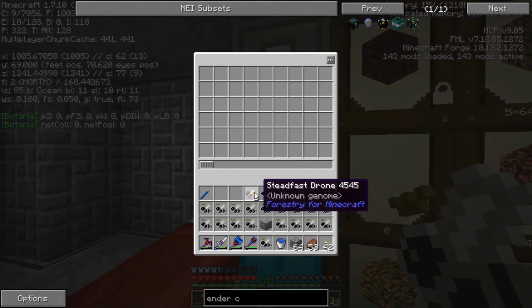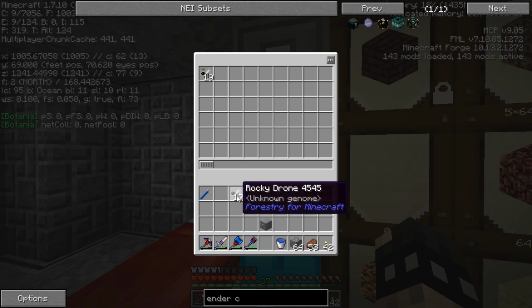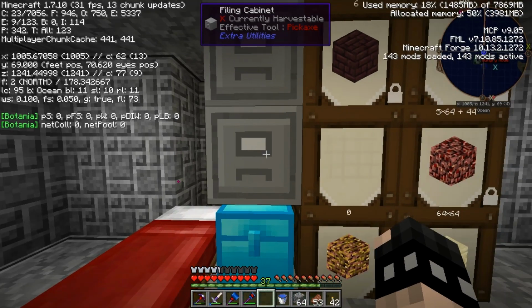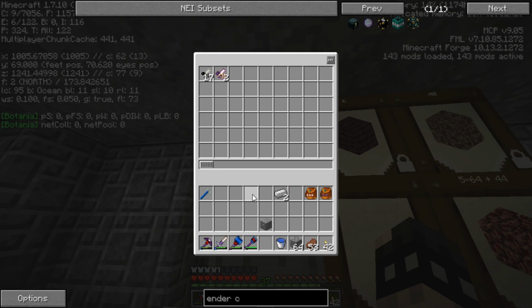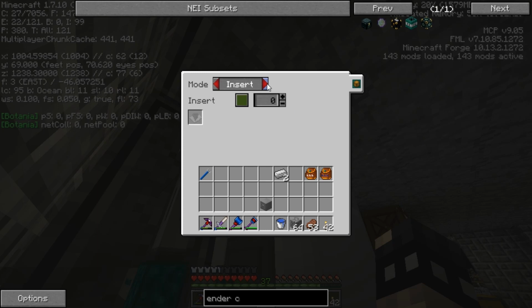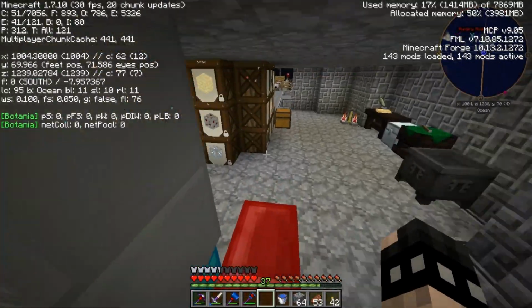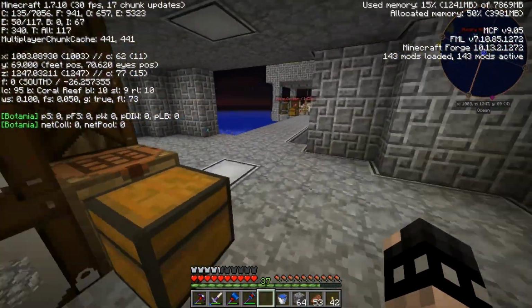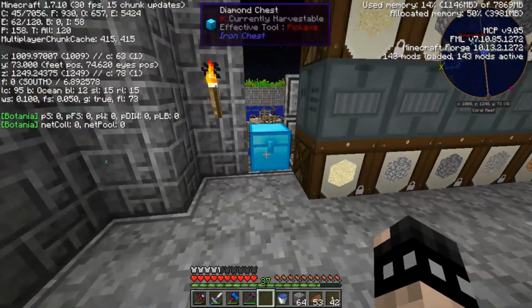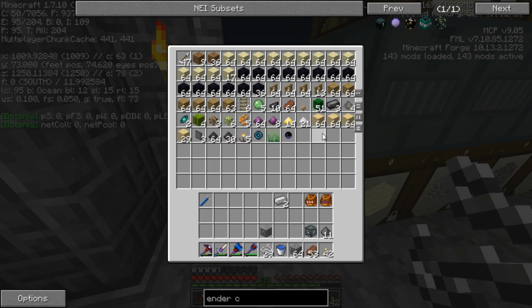Alright, so I guess I can't put the drones in there. Okay, well, what about these? Yeah, those will work. Okay, so now we'll just insert priority 1, insert priority 1, and that's going to help us filter out some of those bees, and that freed up a lot of space in here. Now I still have some mob drops in here, cave spider spawner that I think came from